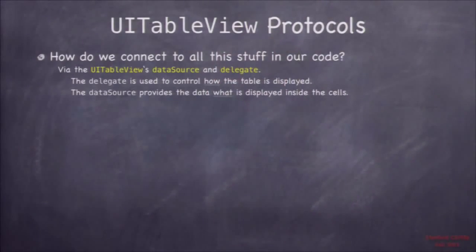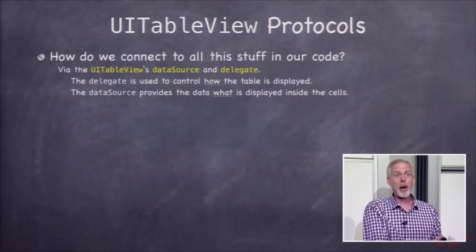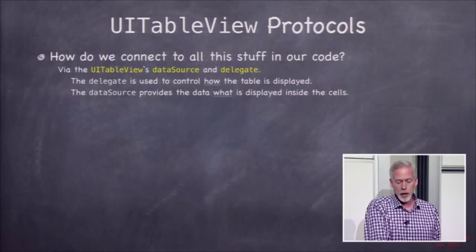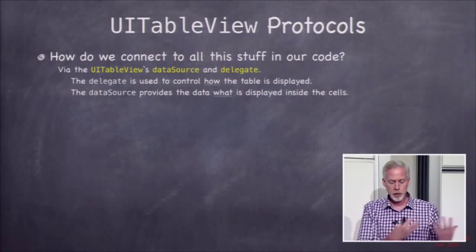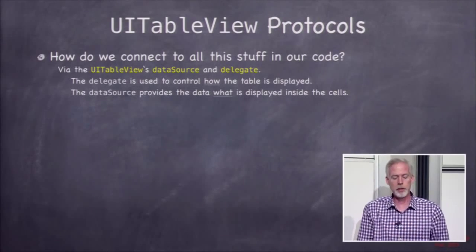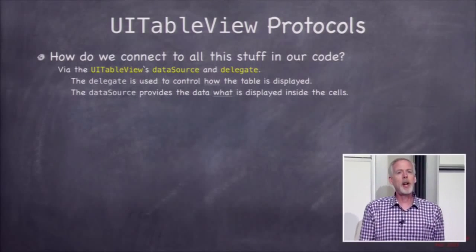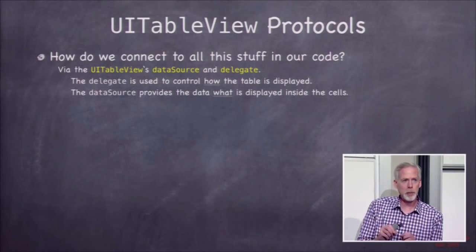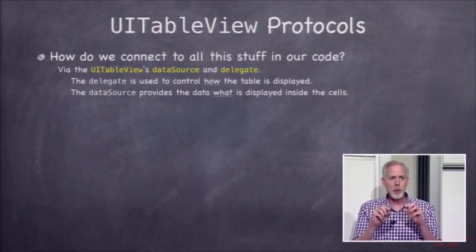Okay, so let's talk about these 2 really important protocols, the data source protocol and the delegate protocol. The data source protocol, which is id angle bracket UITableViewDataSource, that is the contents of the table view. That's the data that's coming out of our database that's going into the table. In other words, it's the what that's being displayed. It's basically displaying our model, and remember our model is what. So the data source brings the model into the table. The data source is a protocol implemented by the controller to bring the model's data into the view, the table view. The delegate, on the other hand, is for how the table is displayed, how we arrange things, what views we use to show those headers and